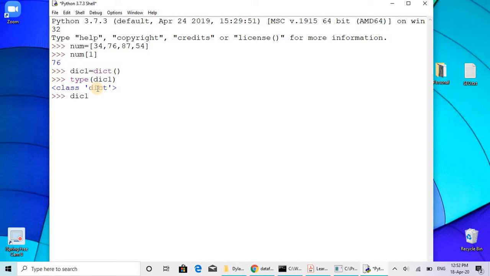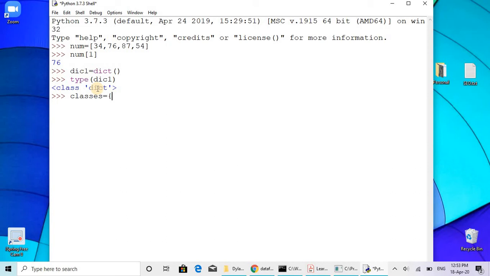Dic1 equal to, or you can give some other name, classes equal to, I'm giving some values like divisions, third standard divisions and its class teachers.